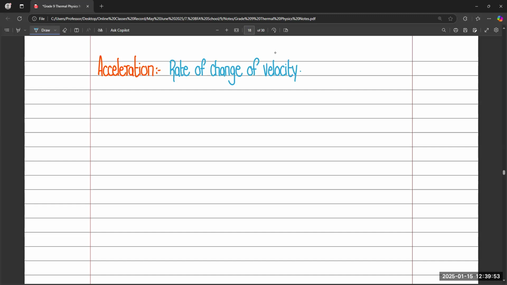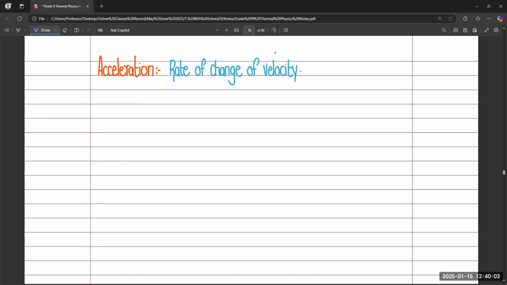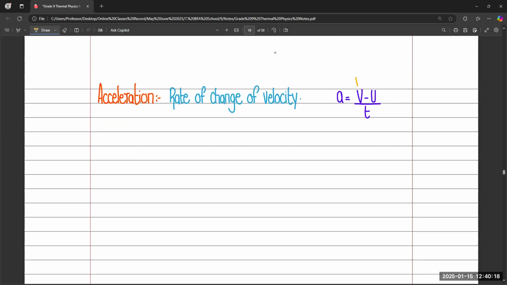So when you increase or decrease velocity with respect to time, that is called acceleration. Okay. And the formula is like this. This V represents